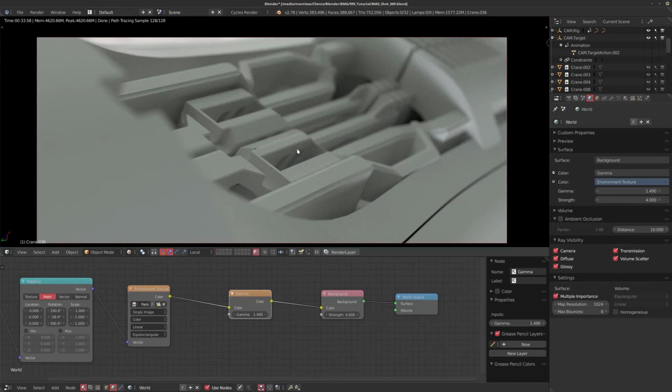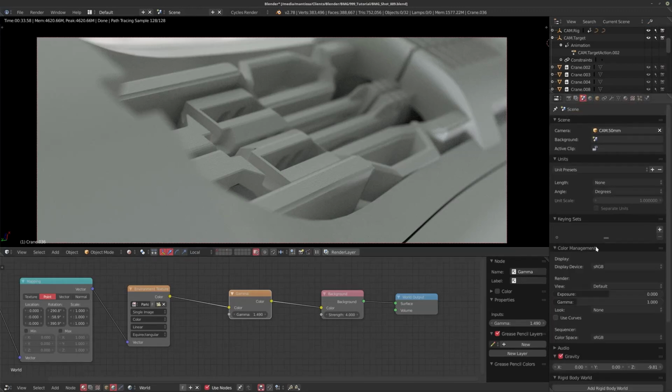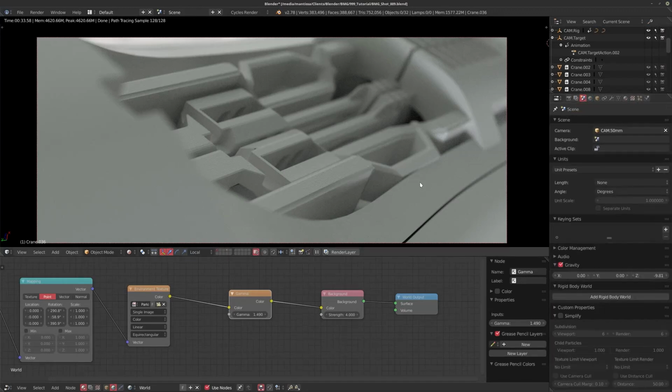So that's it set up. We've got a nice little baseline to start with here, and hopefully our color management hasn't been messed with. Okay, it hasn't, so that's good. So I can take you through the whole process. Now, one of the first things I do is try to add in some extra lighting as well, because just an HDR is not a one-click solution. You can add extra stuff in, and I'll get these nice highlights on the back of this object over here.